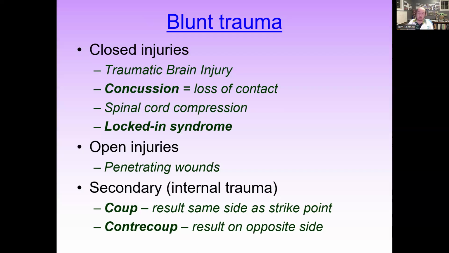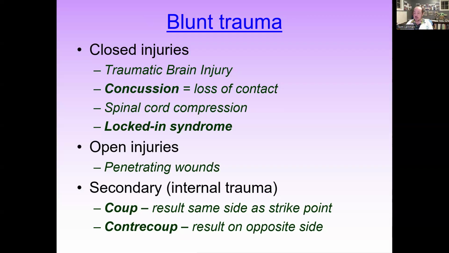An open injury is a penetrating wound. So that'd be like a gunshot, an impalement, or a stabbing. And so there, generally, the issue is either loss of blood flow or direct impact if you get shot or stabbed right into the brain itself. And again, the result is going to depend on exactly where the trauma occurs. Secondary impact, always be mindful of it for the brain, because remember that the brain is a soft structure inside a hard bubble.